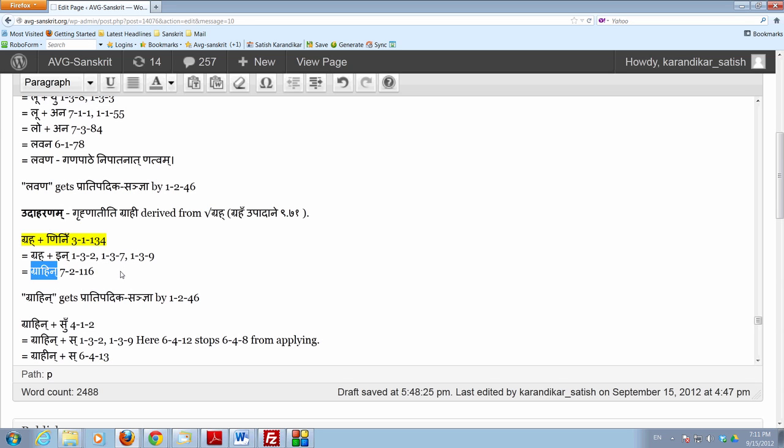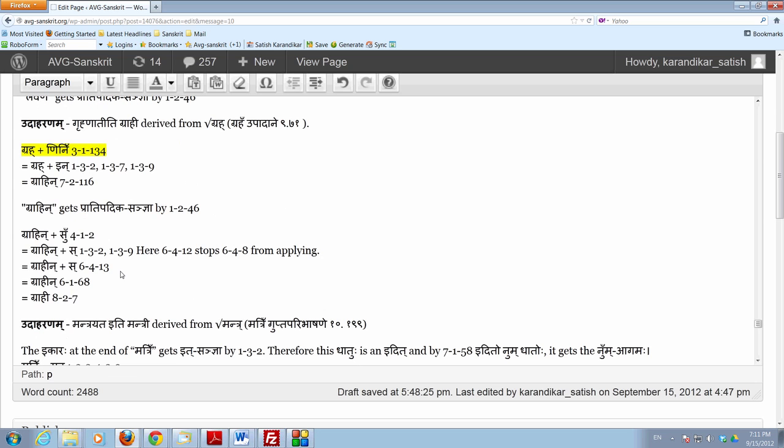If we decline it in the Pullinge, Prathama Ekvachanam, first of all, Grahin gets the Pratipadika Sanya by Krit Tadita Samasascha. Now if we take a Prathama Ekvachanam Pullinge, use the affix Su by 412. So the affix Su, Anubandha Lope, Upadeshe Janunasika It, Tasya Lopaha. And now what happens at this point is that we could have applied